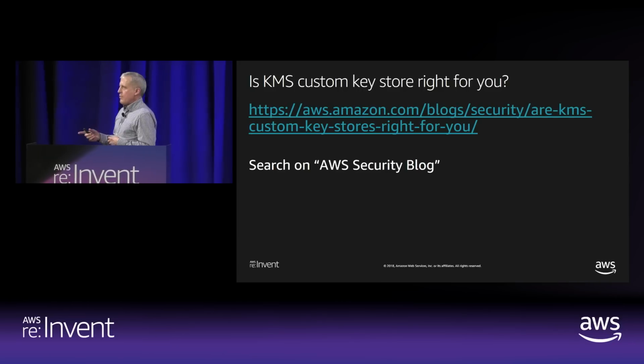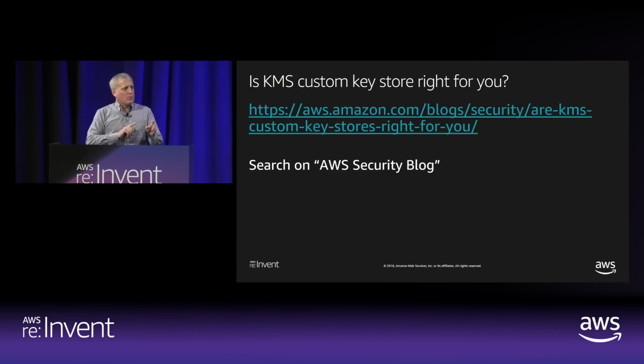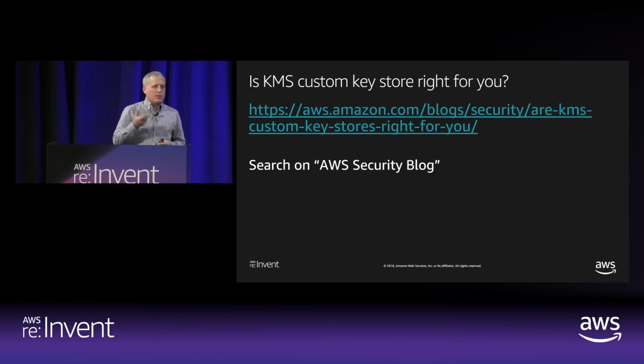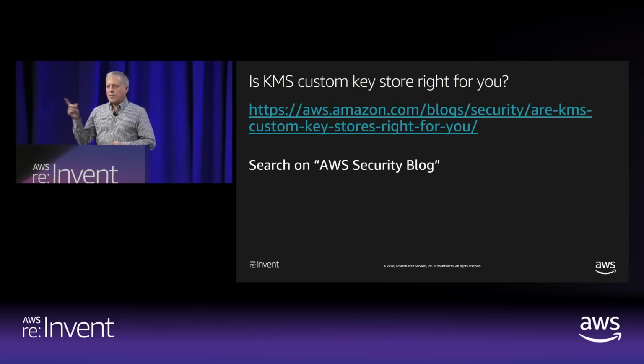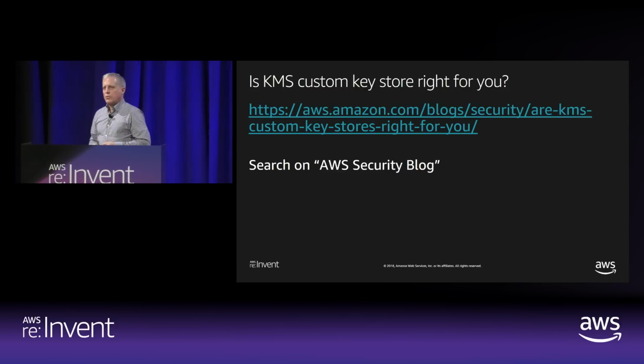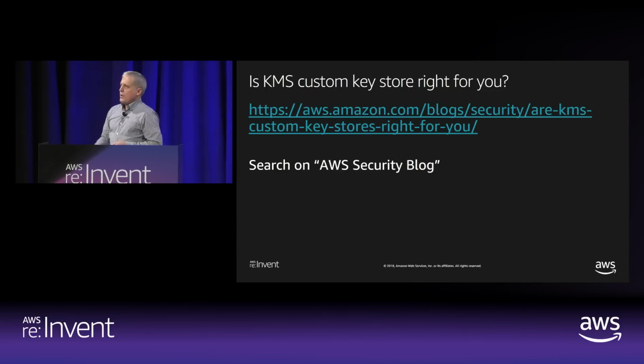You can mix and match keys that are stored in different ways inside KMS. It all comes down to that key ID, which then you refer to inside your API calls. We keep track of where exactly that key material is used so that we can do cryptographic operations against it.